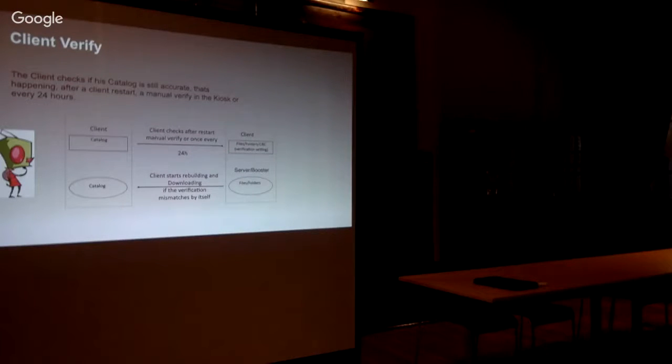The client verify is what I said before, that's happening automatically every 24 hours. That's very important for the whole system, that the client itself generates that catalog. And if it sees that the user changed something in there, so let's say in a bring-your-own-device model where the user is an administrator, and he installs BitTorrent. And BitTorrent does something to one of those applications, the system administrator is in charge. I don't know why, but he probably downloaded a newer version of it. And that's not compatible, but it destroyed what you installed.